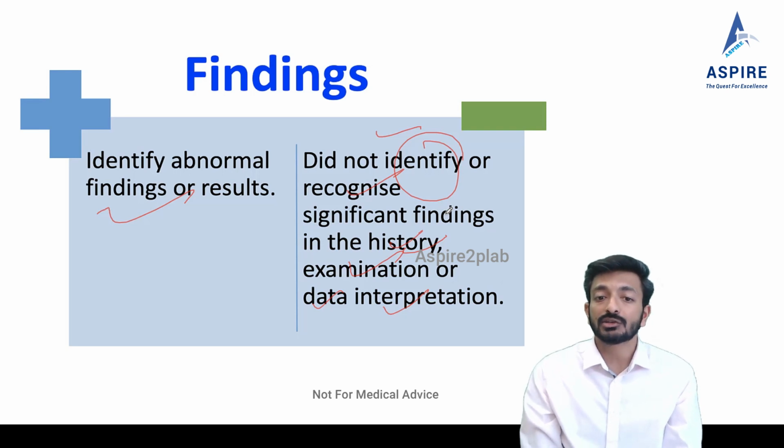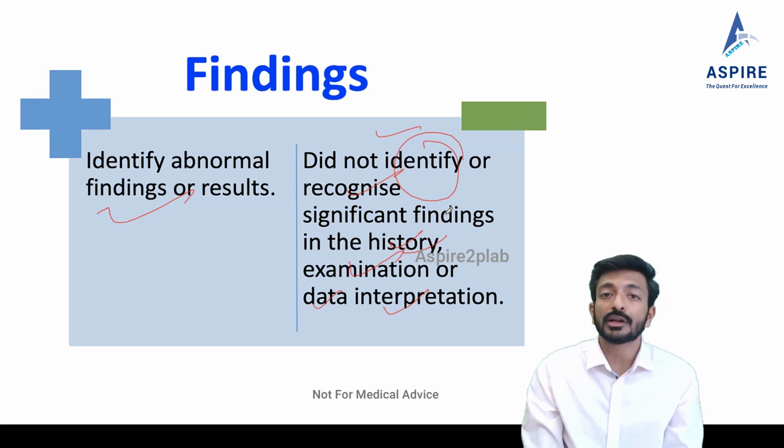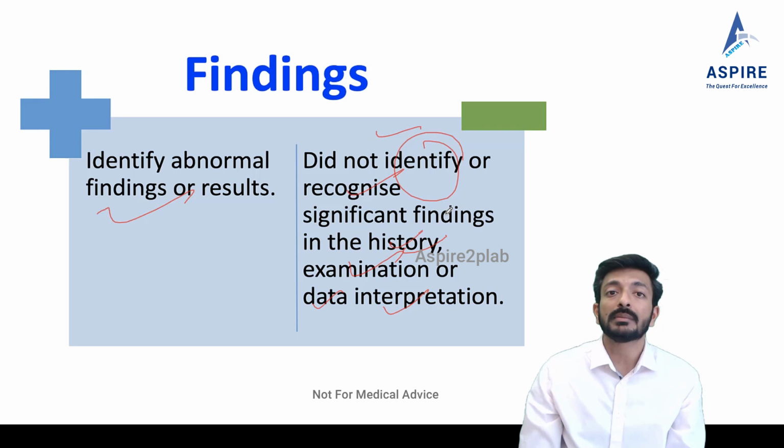While doing examination also, you might get some findings. You're doing some examination, and they will be giving you a finding. For example, you're doing diabetic foot, and they will give you loss of sensation, maybe below the ankle, below the mid shin, or below the knee. That's your finding. You should be able to find it, and you should be able to interpret it.